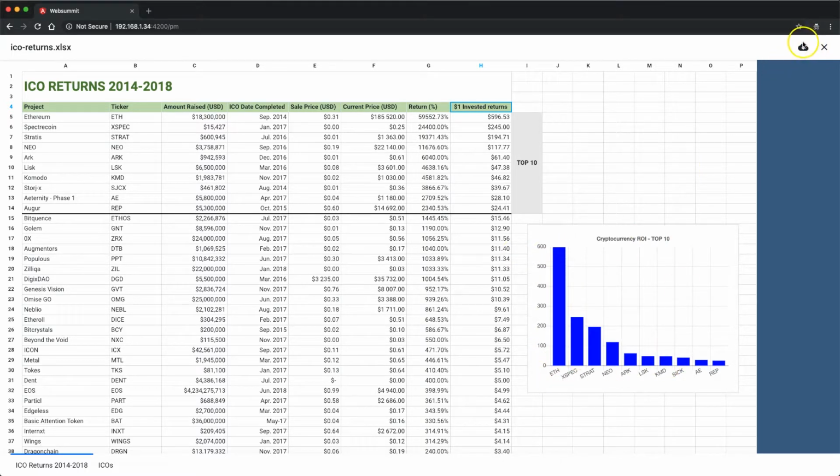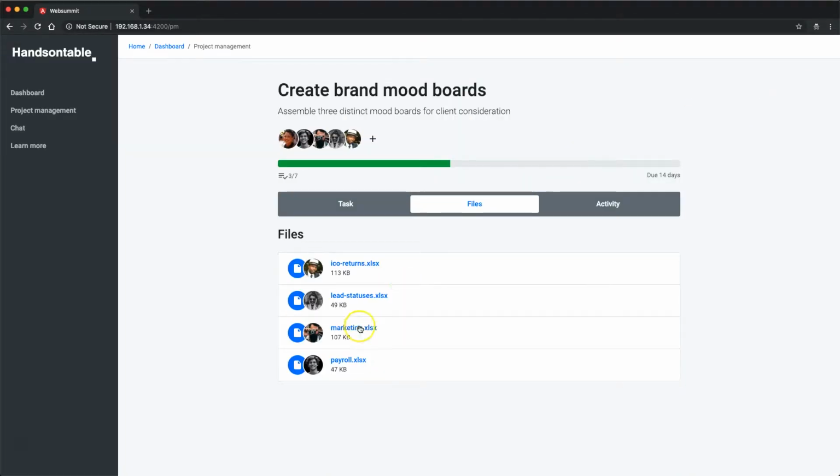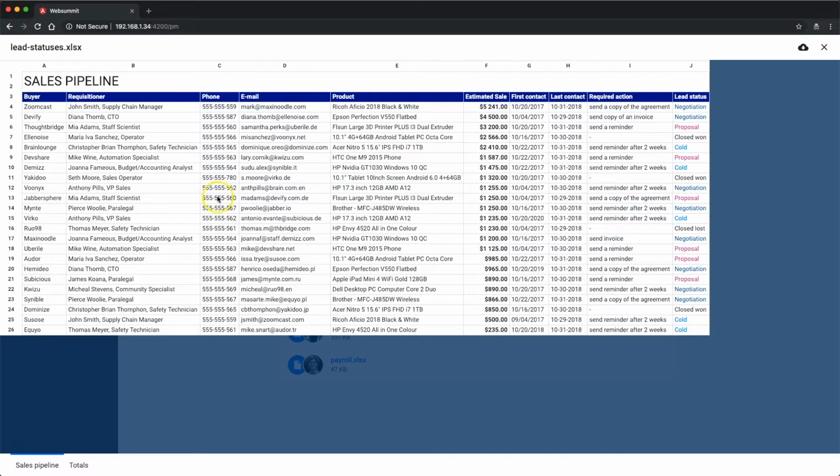Here is the button where you can download the original file and where you can exit the preview. We're going to do that by pushing the escape key on the keyboard. Taking a look at a second worksheet, second example, a sales pipeline example. You can see here, again, another example of currency formatting, as well as date formatting, and conditional formatting here on